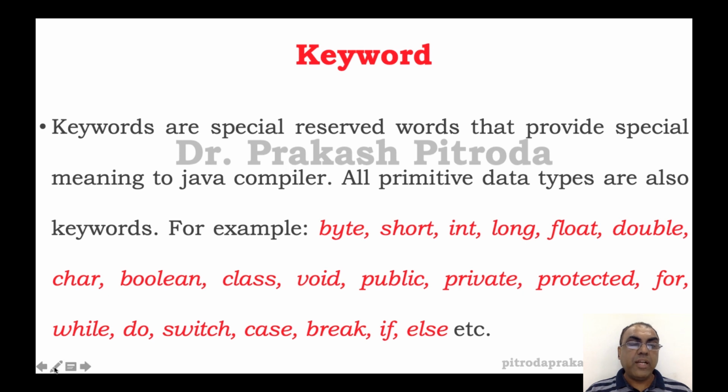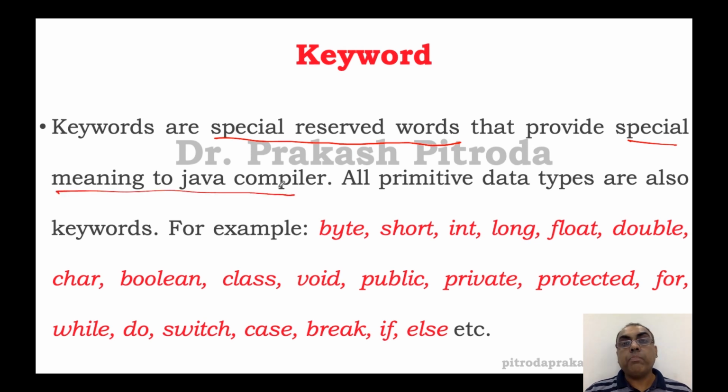When I say keyword, in a simple term, we call this a command word. But in Java, the keywords are nothing but special reserved words. They are reserved by Java. They carry a special meaning to Java. Whenever you type those words, the computer will understand certain meaning out of it. You will also find that the moment you type a word, it changes its color to make you understand this must be a word which is reserved by Java. So they are reserved, and they have a special meaning to the Java compiler.